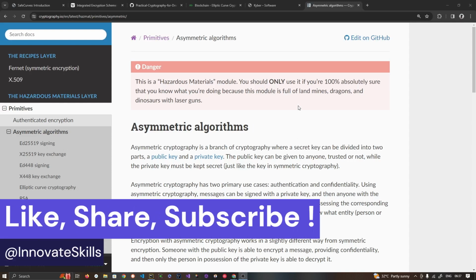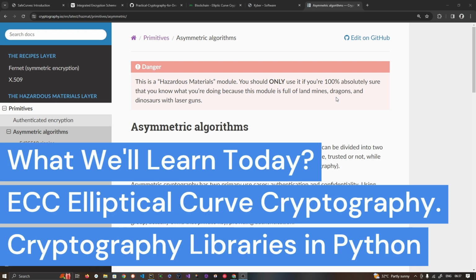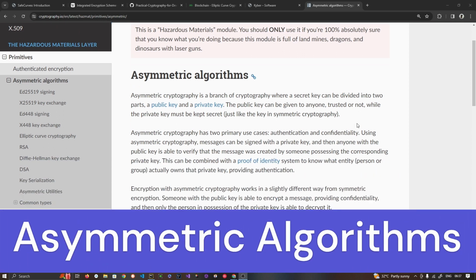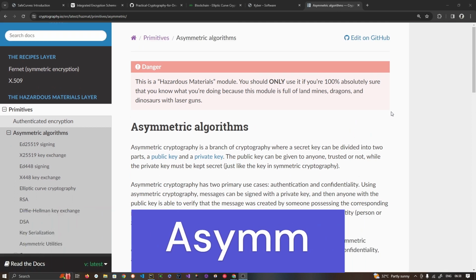Hello and welcome to my videos. We are learning some cryptography concepts and some algorithms, and we are exploring this cryptography library in Python. In the last video we talked about AEAD, that is authenticated encryption. Today we are going to learn about asymmetric algorithms, and we are going to talk about ECC, that is elliptical